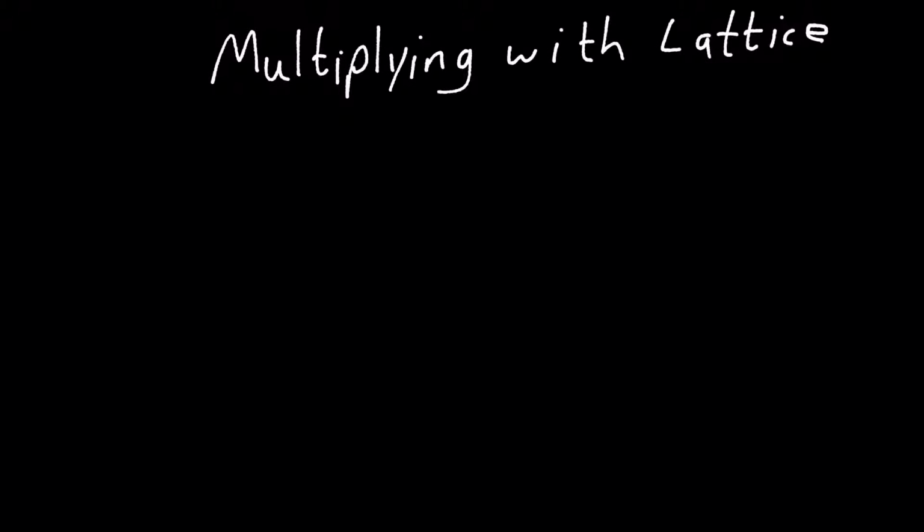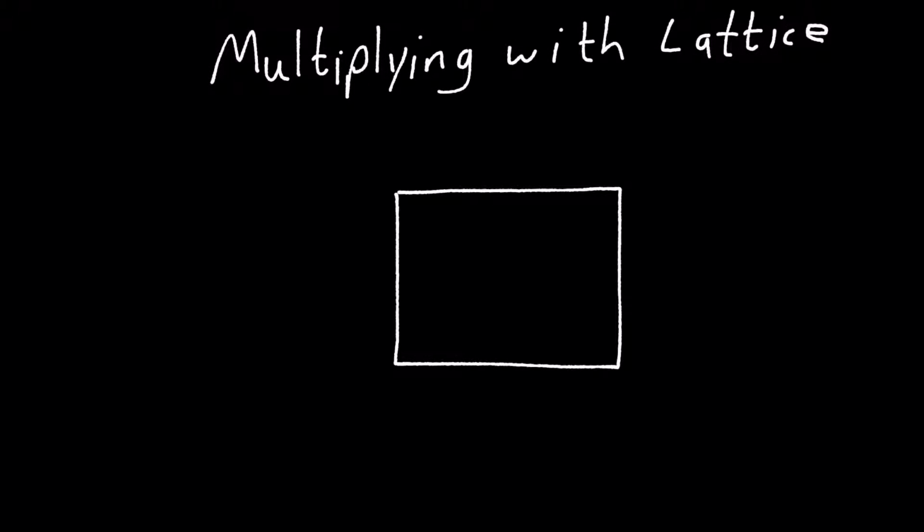So lattice is kind of a grid. You start off with a box. There's our box, and this is going to be the part of our lattice. Now, we are going to be dividing this box up into smaller squares or rectangles, and that's going to depend on what we are multiplying. So let's start off with something simple. Let's start off with, say,